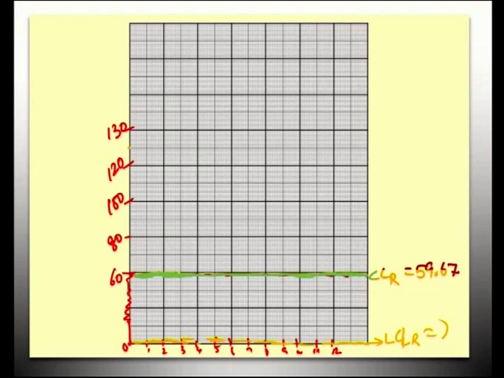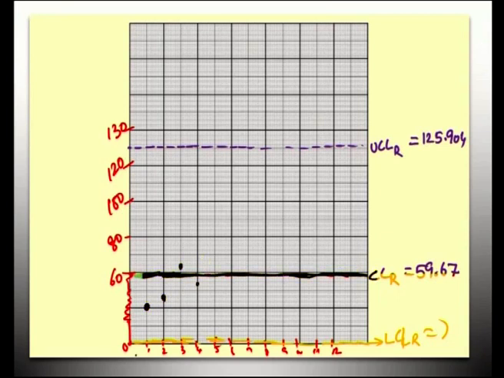Okay, for the first sample, the sample range value is 45, 45 is plotted somewhere here, and second value is 48, 48 here, and then 62, 62 is above, and then 48, and then similarly the range values starting from 45 to 75, that is sample range R values we have just calculated, that will be plotted. For the fifth sample it is 36,